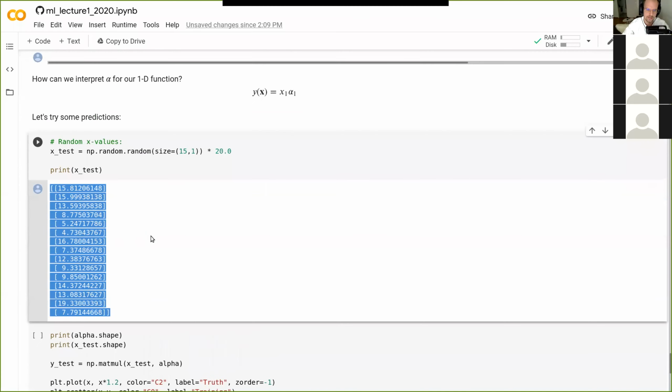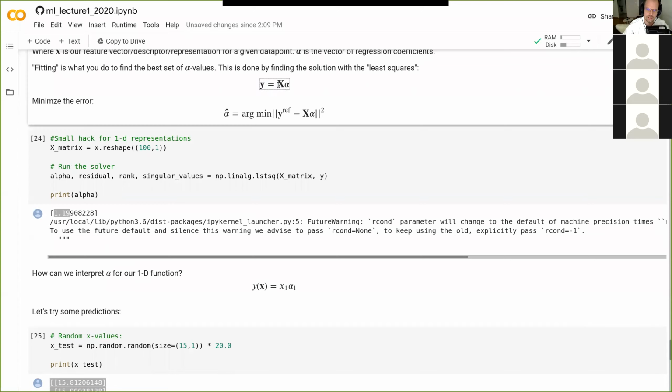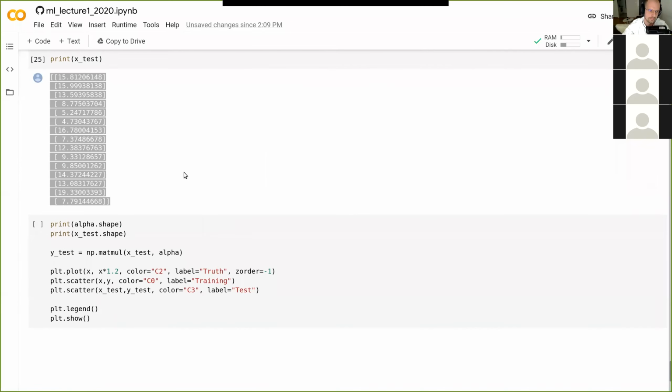Then we basically use this formula again. We have our test x's, and we have the alpha coefficient that we fitted. If we multiply those, using the matrix multiplication tools in NumPy, for example, we'll get a vector that corresponds to the y values for the test points.